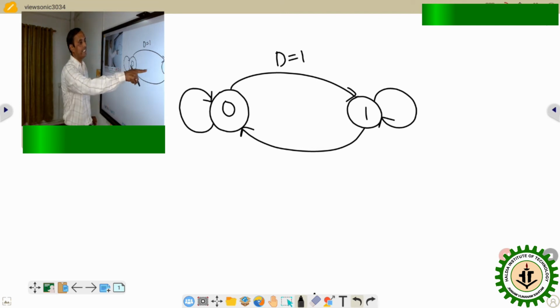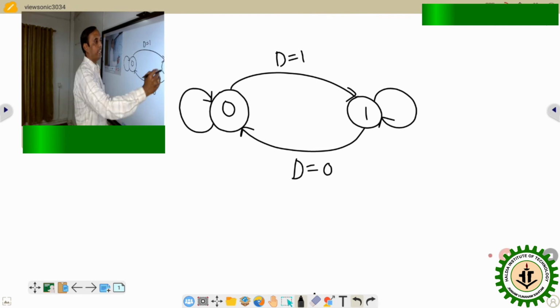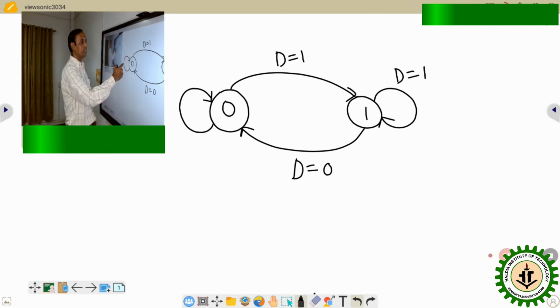So 0 to 1, that means in this moment next output 1, so D value will be 1. 1 to 0, so D value will be 0. 1 to 1, next output 1, that means D equals to 1. 0 to 0, next output 0, so D equals to 0. So this is the